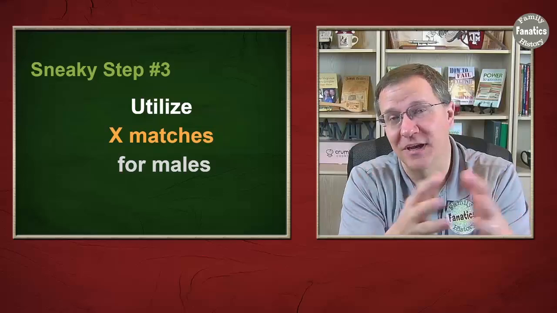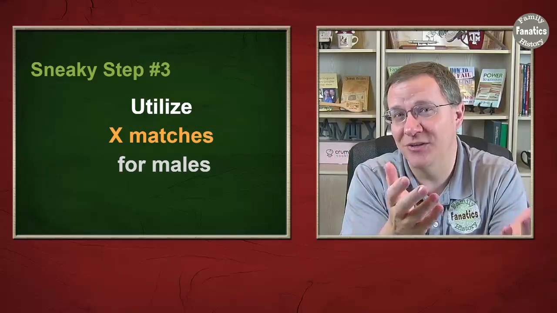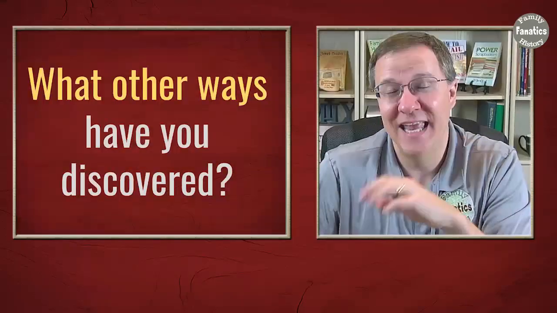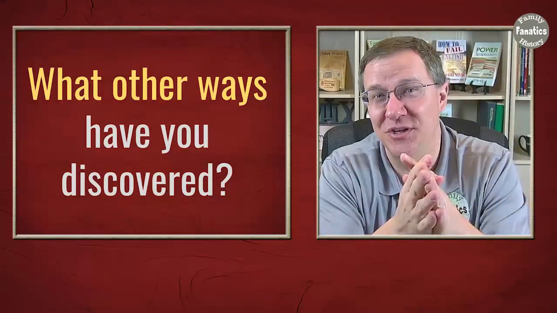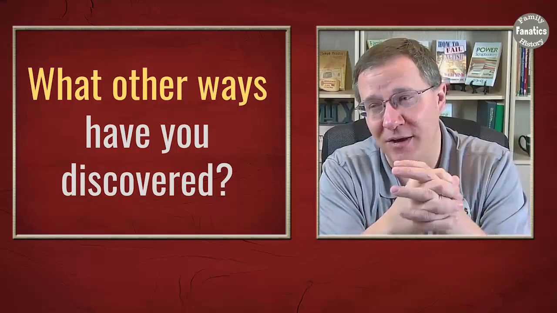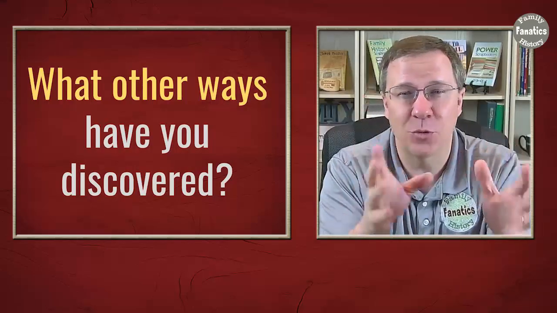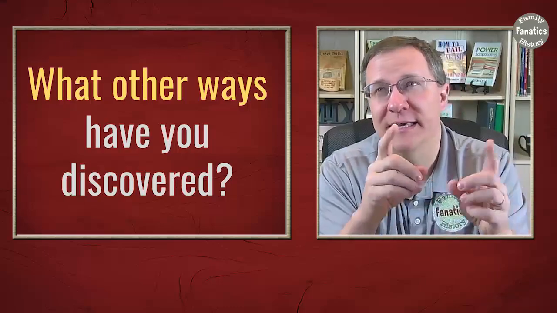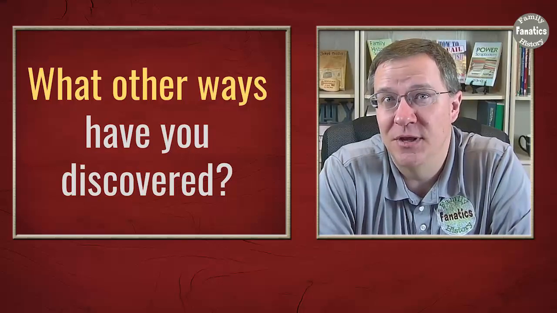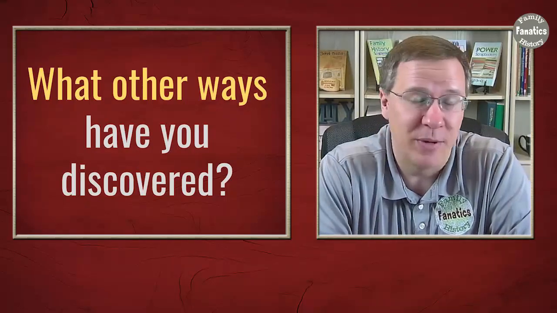For females, I'm sorry, because you get two X chromosomes, there's not a sneaky step like this that you can use. Now, there may be some other ways that you could use ethnicity results if they're vastly different between both of your parents, but these were 3 steps to start in trying to separate out your maternal and your paternal matches if you don't know who your parents are.